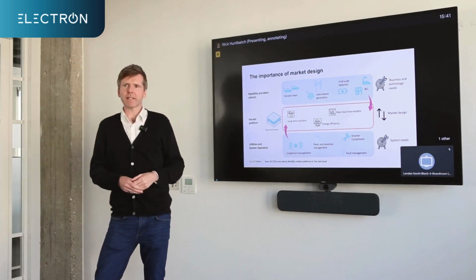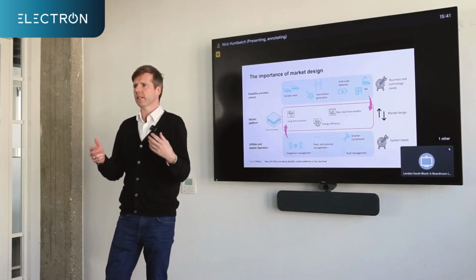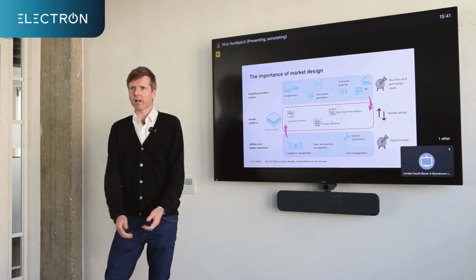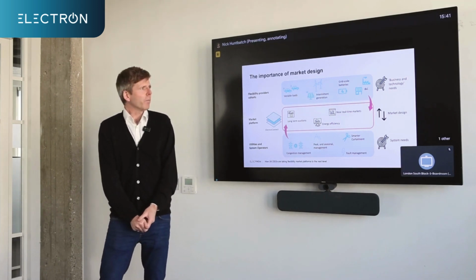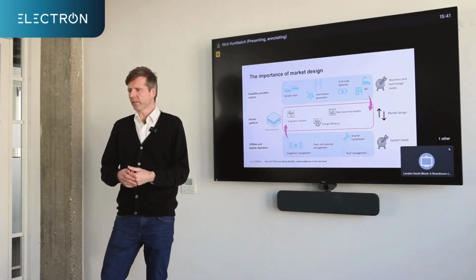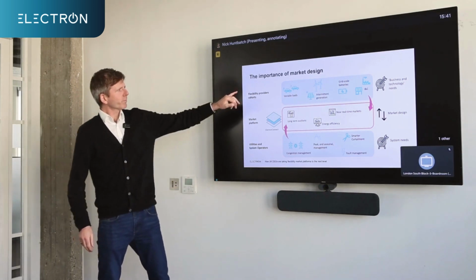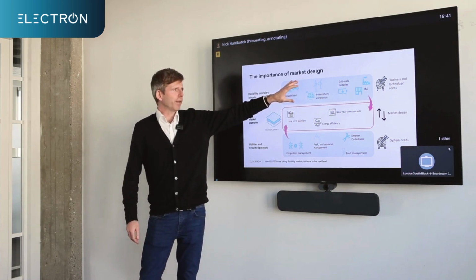But basically what I'm trying to say is that each of those businesses has particular needs. How do I run my business? I can't turn the fridges off if I'm Sainsbury's forever. I can't tell people to stop charging. They also have technology needs, like what can you actually do? How quickly can you respond, etc. So that's the people we're trying to engage with Flex.